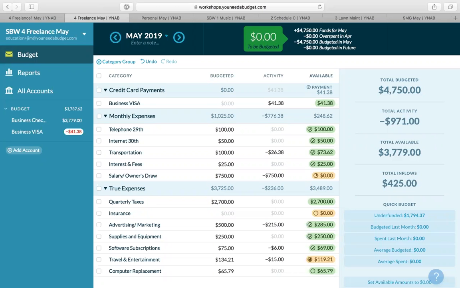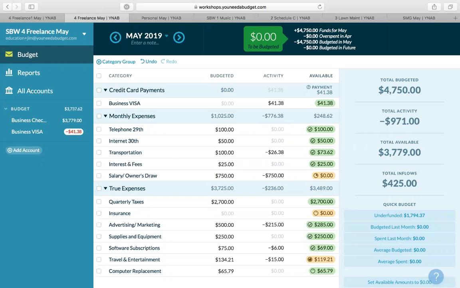All right. And lots of questions. Jeff was wondering, how do you enter expected future income? And will this be reflected in the underfunded balance? Well, here's one of the key shifts in thinking, Jeff. We don't enter expected future income. We only enter income when it actually arrives.